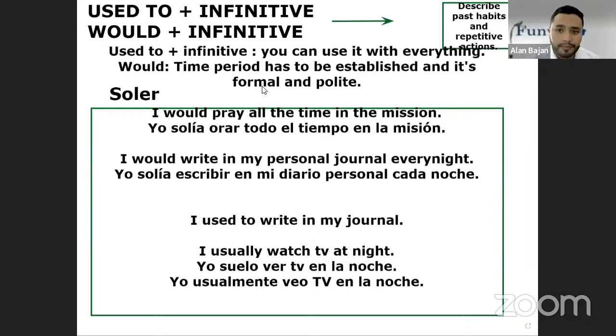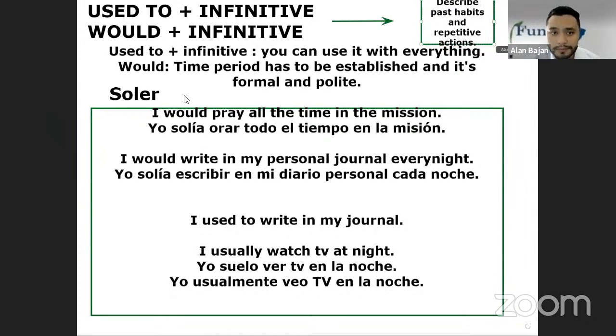For example, the would is the same meaning with used to, solía. Why? I have the infinitive. It's not would like to. That's another different topic. No confundan